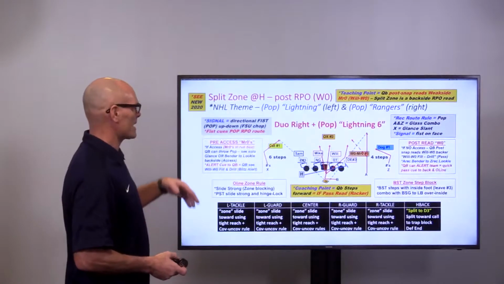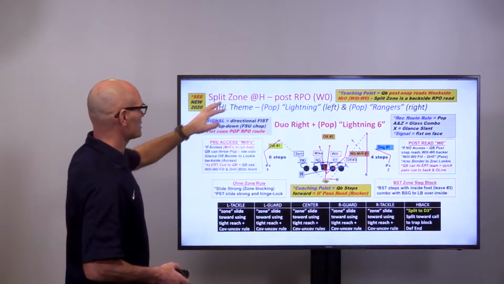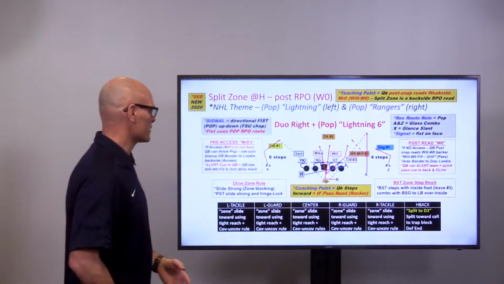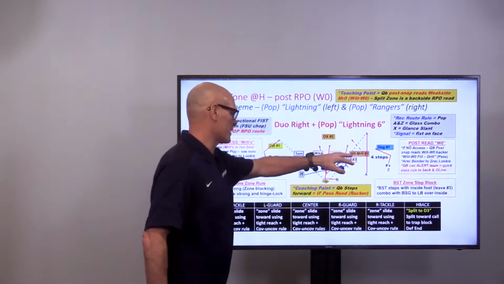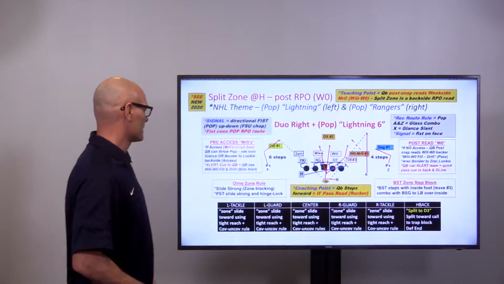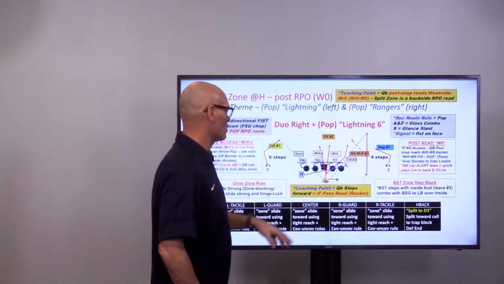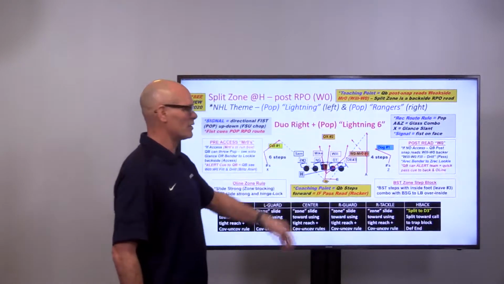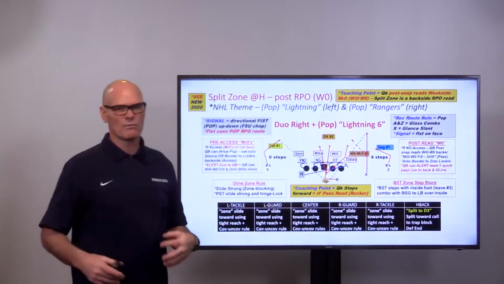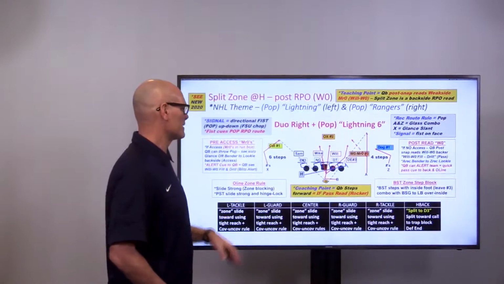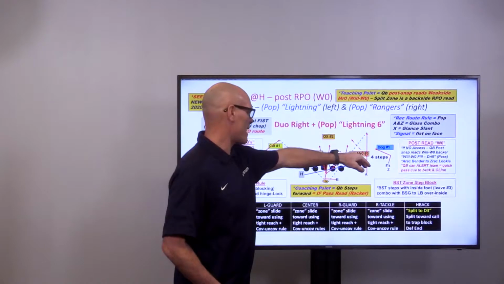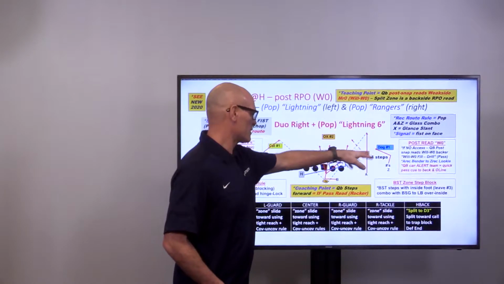All right, now we can do a post-snap where we change the routes, where we start to read a second level defender. And this is what I really like. This is what University of Minnesota has been doing a ton of with a lot of success. Now all we do here is this becomes, instead of a bubble, it becomes a pop route concept. And then when we go to pop, we know we're going to read, this is a backside play again. So instead of the defensive end, we're going to read that backside Will, or it's going to be the Mr. Zero on that